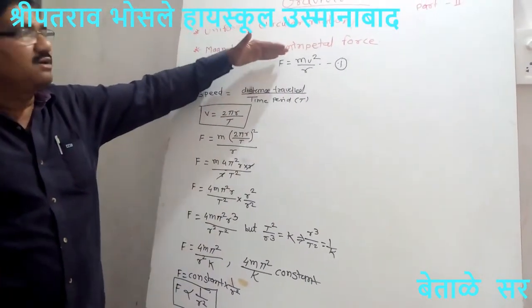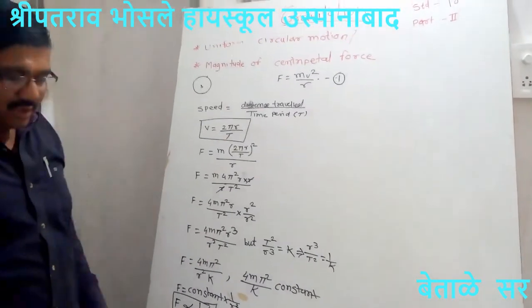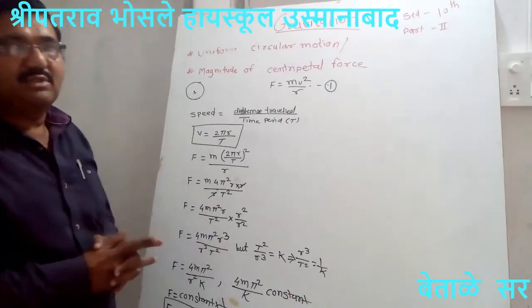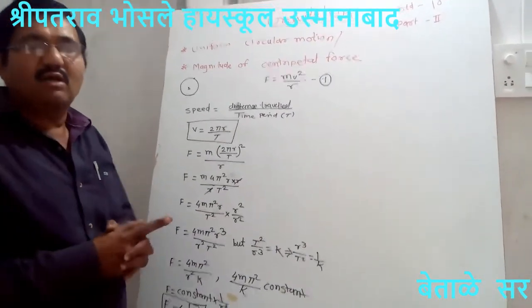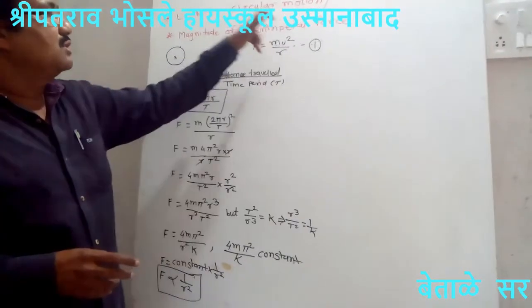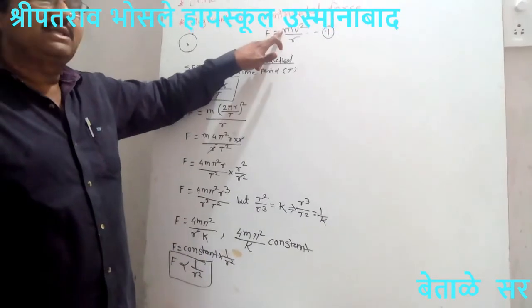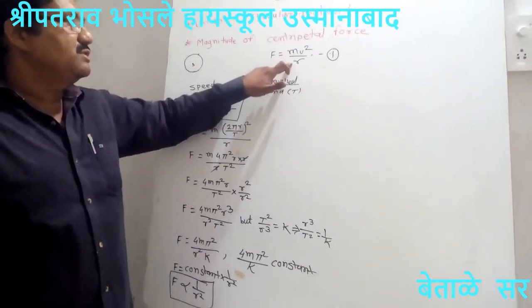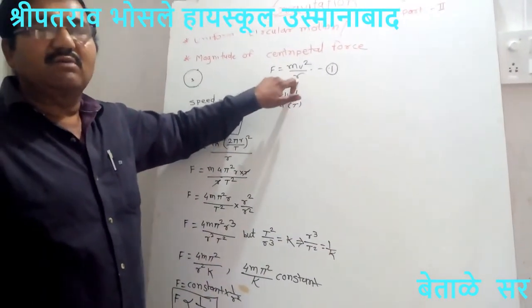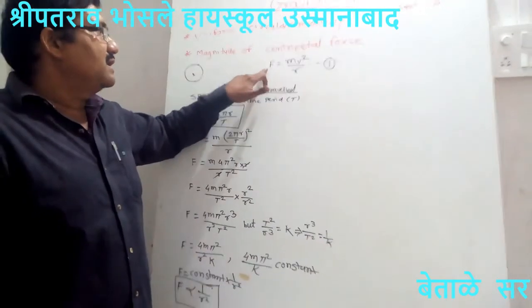When we consider any object of mass m moving along the uniform circular motion with a speed v, and distance between these two objects or radius is r, at that time centripetal